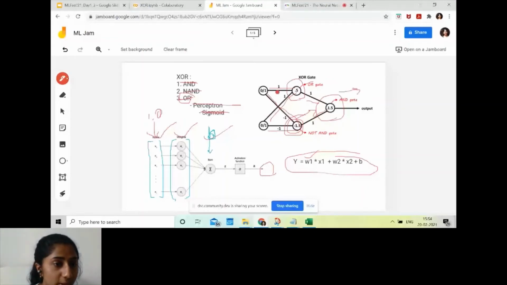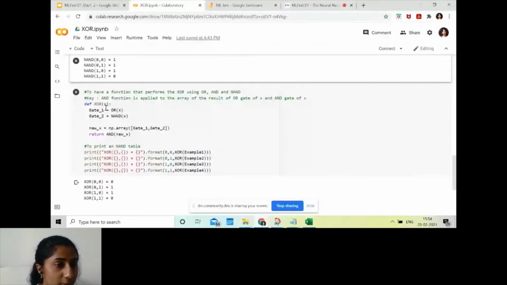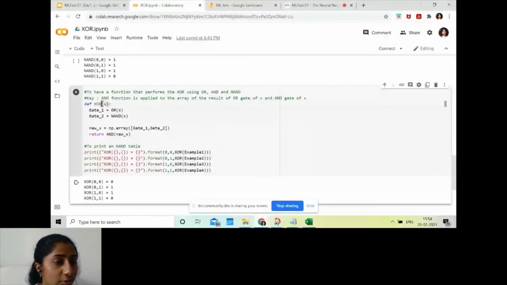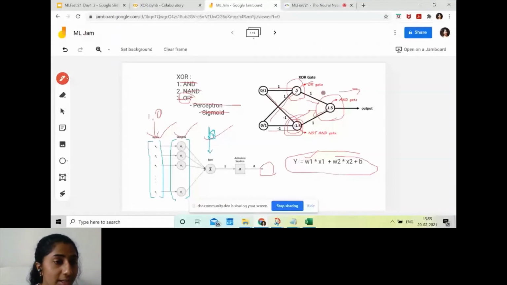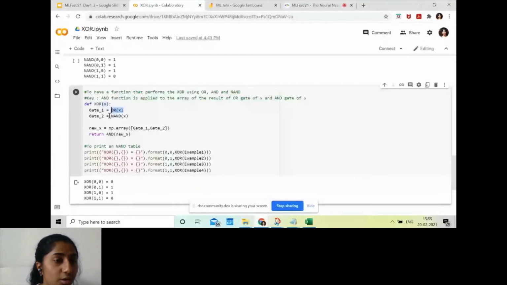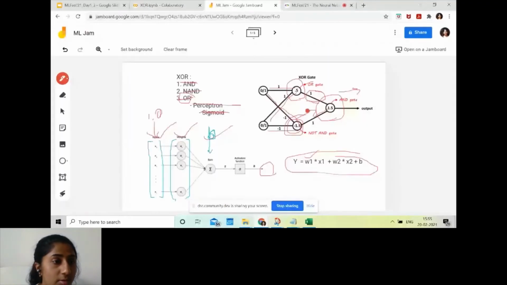So what we do here is we first take in the input as X, and then we call the function of OR and name it gate1. So this is going to be our output of the OR function. And then we take our X and call the NAND, and that is going to be the output here, gate2.